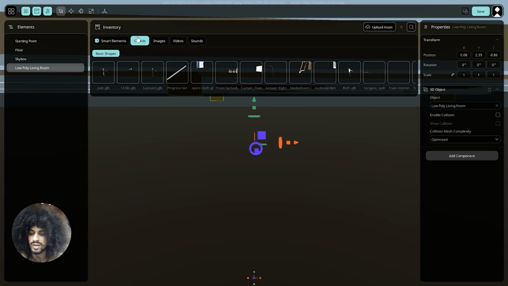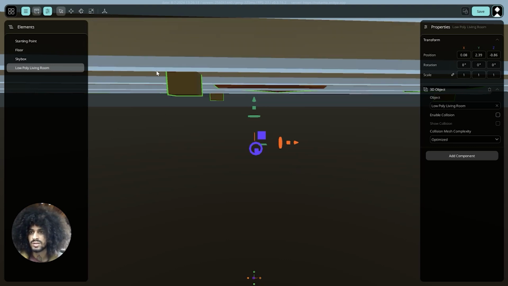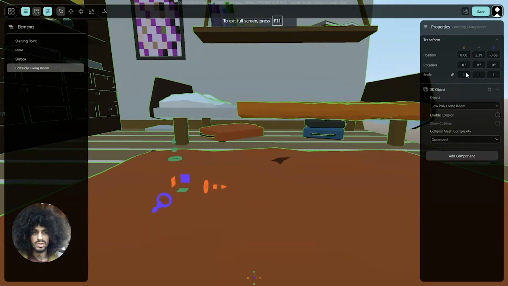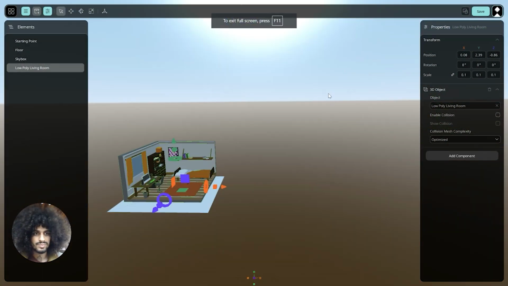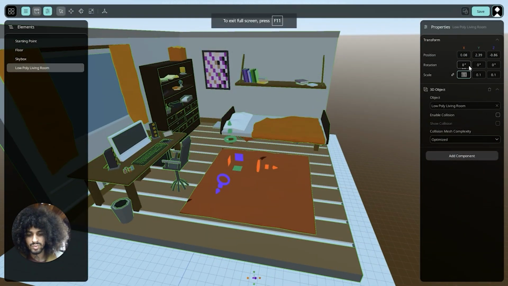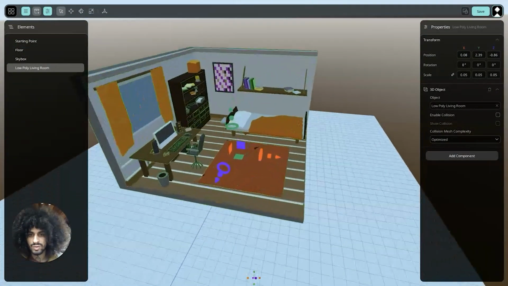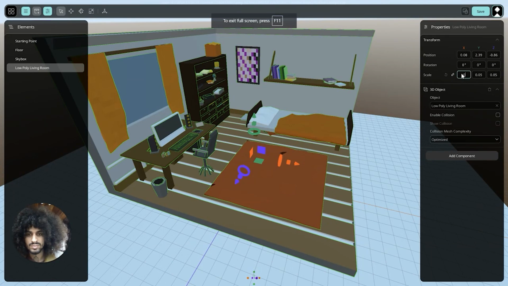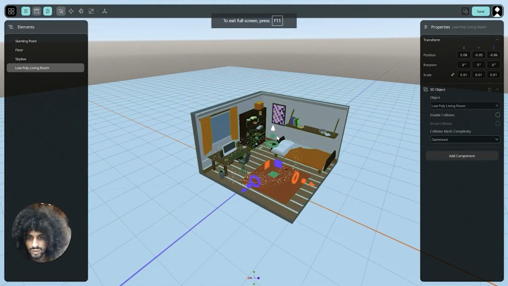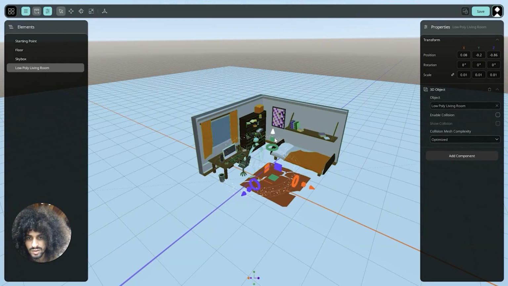One thing I'm going to show you is that if you press 1, 2, and 3 on your keyboard, you can hide those panels and see better. So I'm going to press 2 to hide the inventory, and I'm going to scale this down. It's linked, so if I put in one value, it's going to work for all. Okay, I think now the sizing is starting to feel more accurate, right?